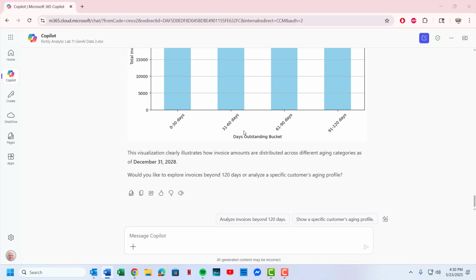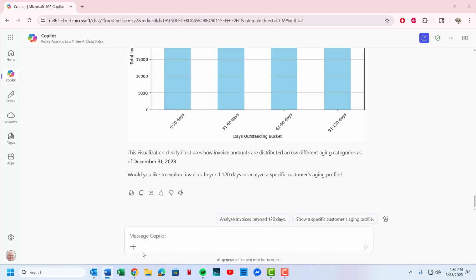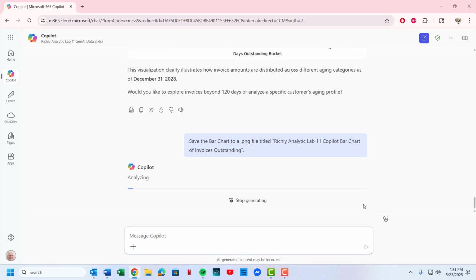And so here's the visual there, and a lot of times what I want it to do is now provide it as a downloadable file. Now I'm going to state a particular name here of what I'd like it to be when I save it, but I've found that Copilot is not yet willing to name it a certain way. I usually like to really name it a certain way so that I can go back and know exactly what I was doing. So let's see if it can do that.